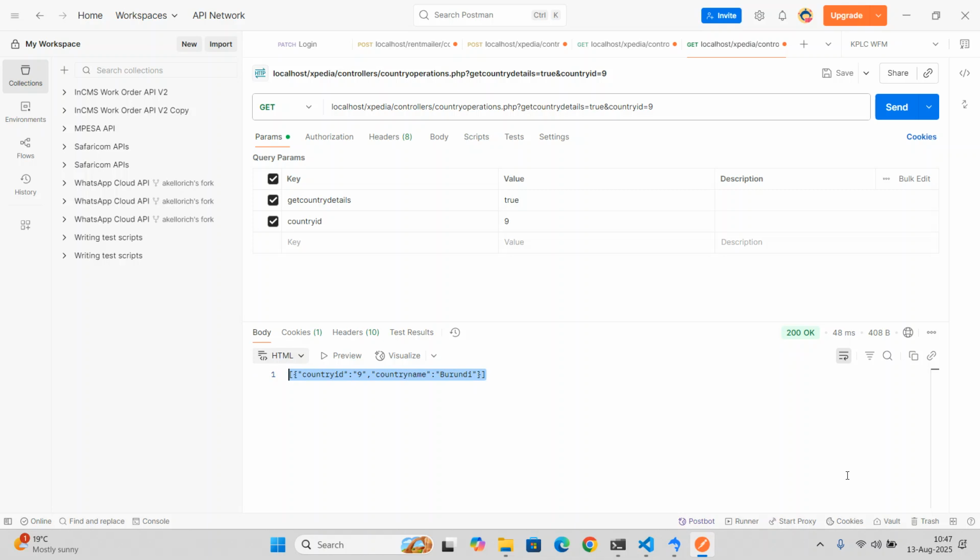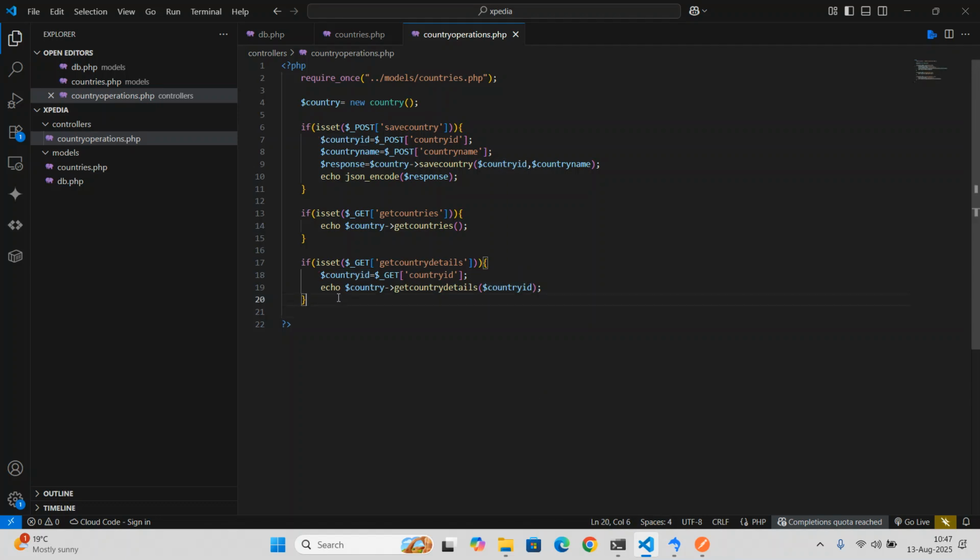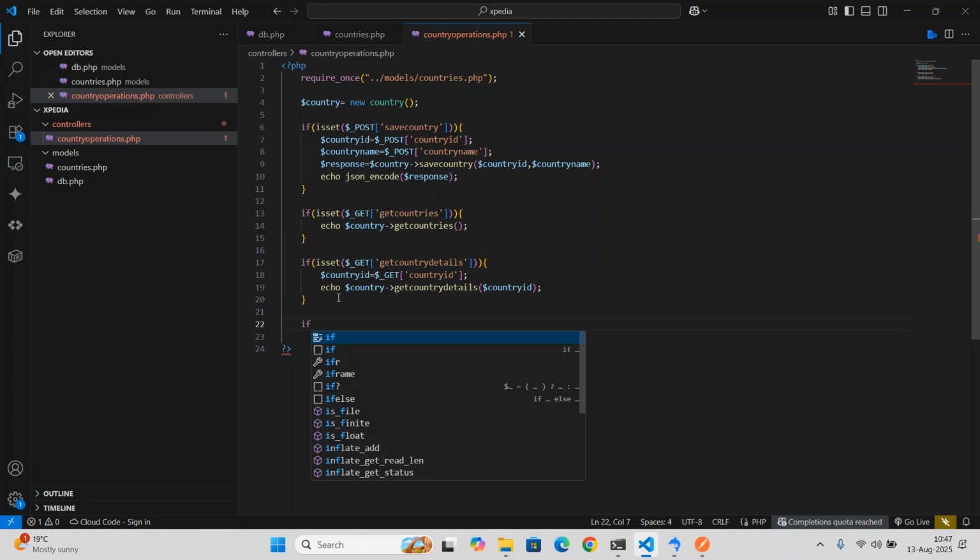Then we can do the last part, which is now delete the country. So I can come here and I'll simply say delete is going to be a post because when you're deleting, we're not just fetching data, we actually want to execute. Every time I want to execute something on the database, I usually use post. But if I just want to fetch data, I'll use get. Remember I said get embeds your parameters as part of the SQL string, but post sends them as a form object. So I'll simply say here if is set